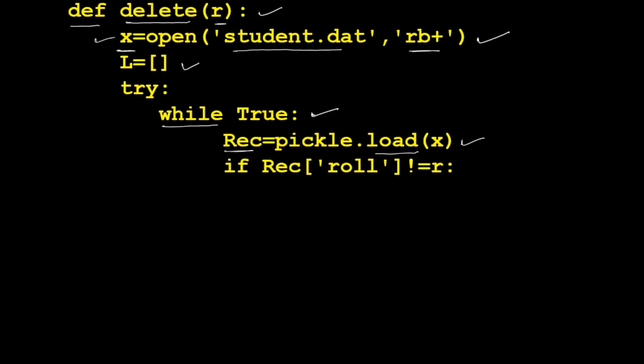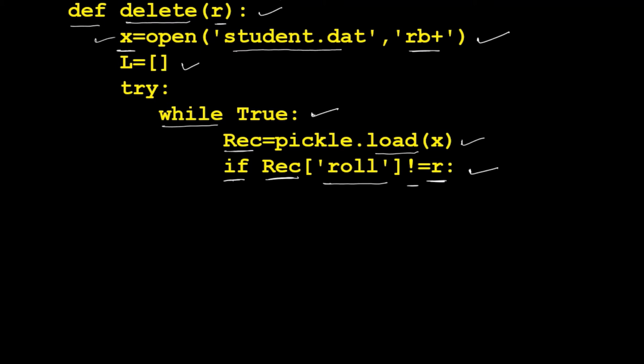Next, comparing the roll number in the dictionary object rec read from the file with the roll number given by the user, as if rec['roll'] != r. Not equal to r would mean that this object is not to be deleted.